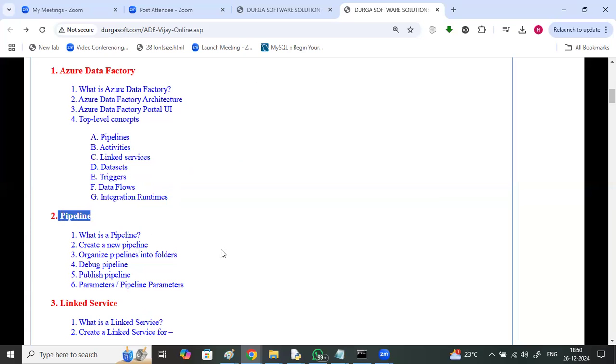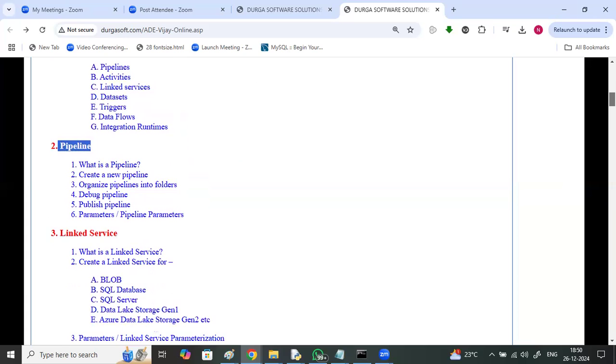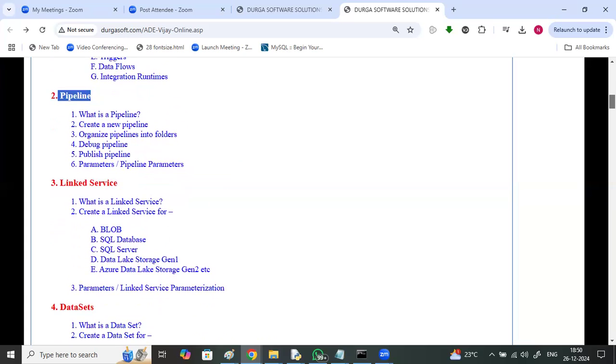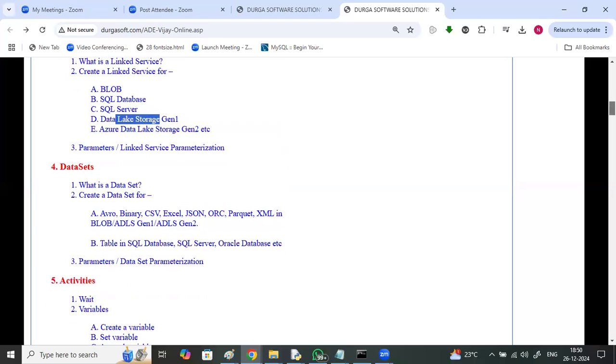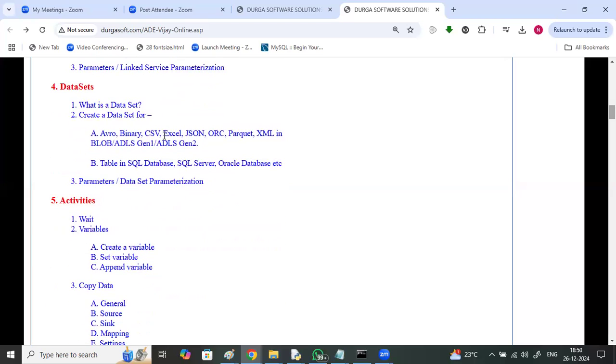Pipeline. What is a pipeline? Creating a new pipeline, organizing pipelines into folders, debug pipeline, publish pipeline, parameters for pipeline, linked services for blob, MySQL database, SQL server, data lake, and data sets. What is a data set? Creating data set for Avro file, binary file, CSV, Excel, JSON, ORC, Parquet, XML, blob, tables in SQL database, parameterization,